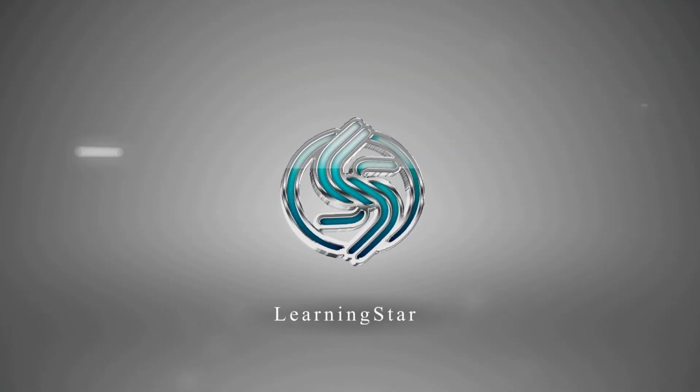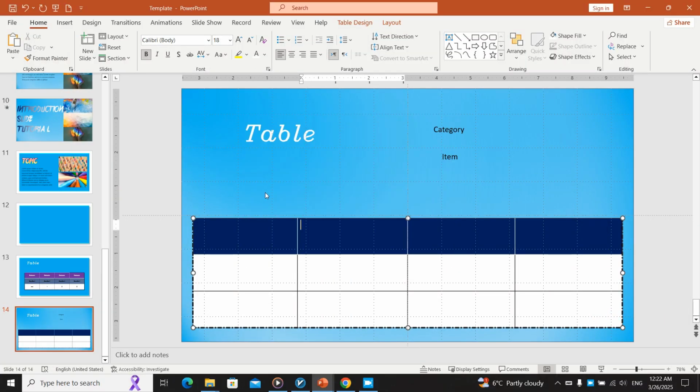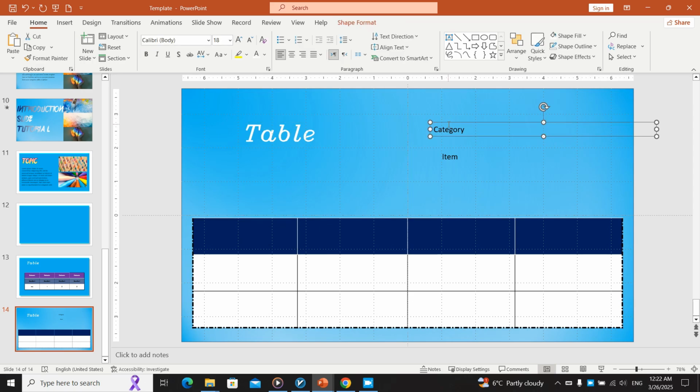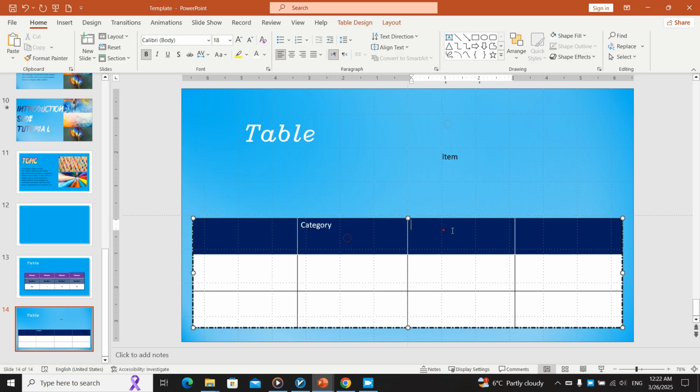Hello everyone, let's complete this table. I said the easier it is to make, the better for the show. Let's complete it. For completing it, we create the text and let's put this category here, here, and item